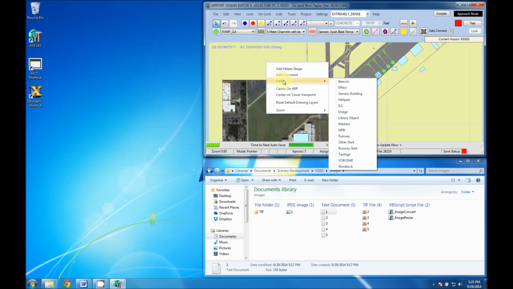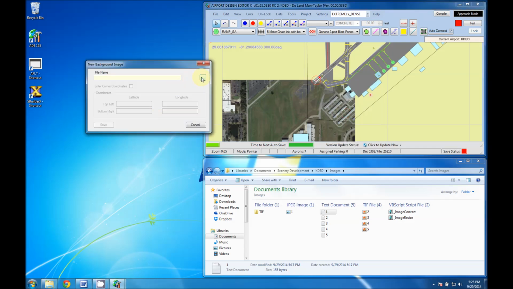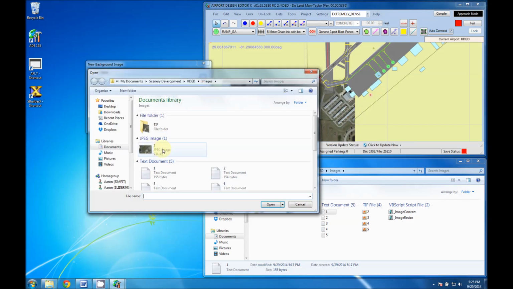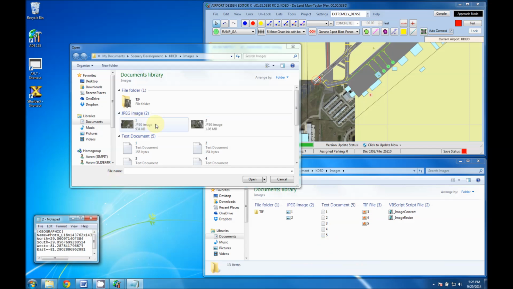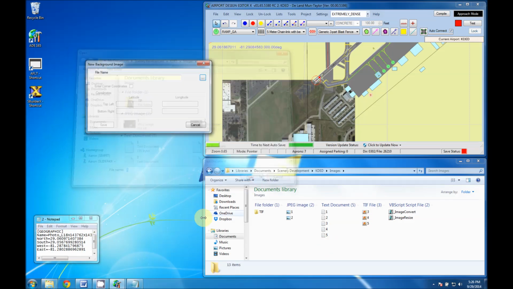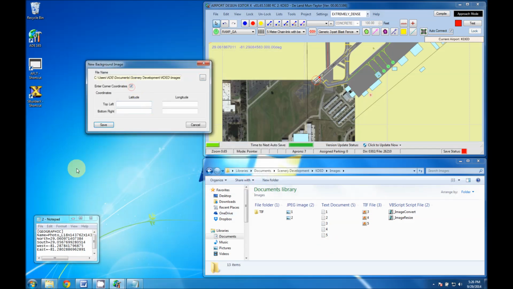So the next thing we'll do is just add image, click on the three dots. Oops, I haven't configured the 2 yet, so I'm just going to go in here and drag over to image convert. There it is, and it pops up. Open. Click the box,